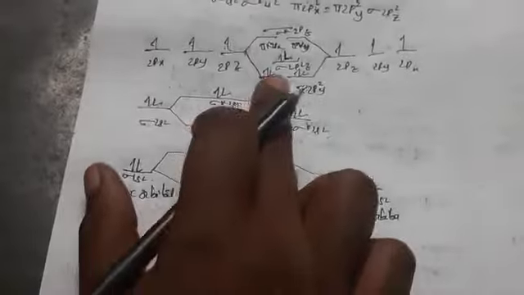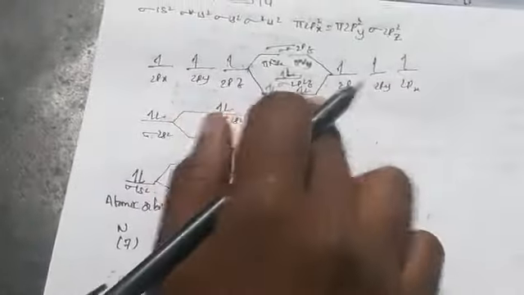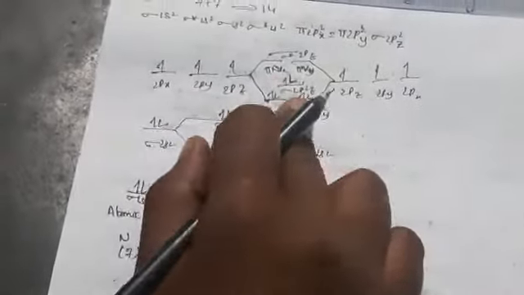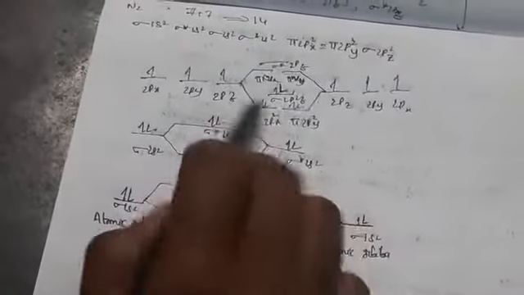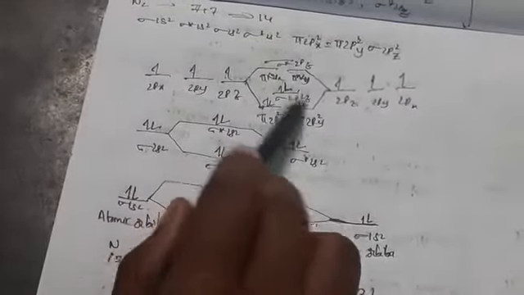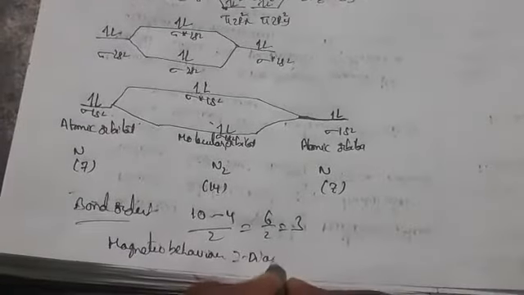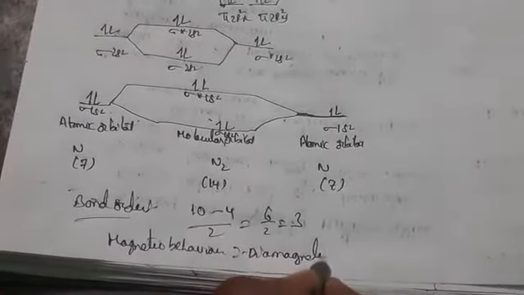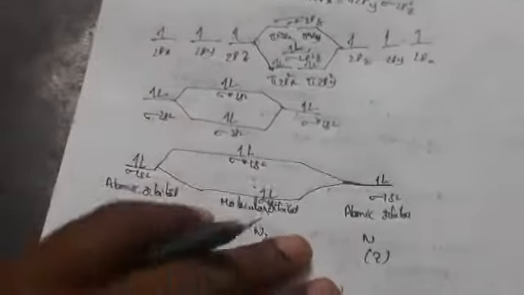If you look here, there are no unpaired electrons in the middle, in the molecular orbital. Okay, it is completely paired electrons. You should not look at that; you have to see only this one to get the magnetic behavior. So here completely paired electrons we are having, no unpaired electrons. So that's why we call it diamagnetic behavior. Coming to magnetic behavior, what can we say here? It is diamagnetic.